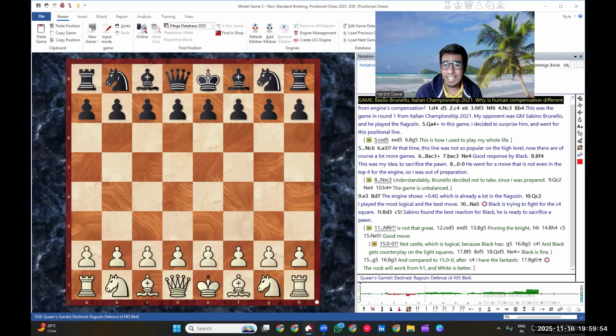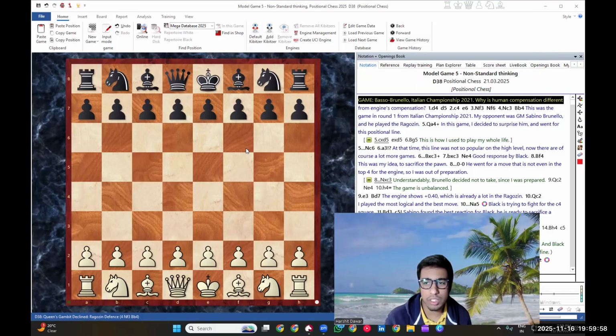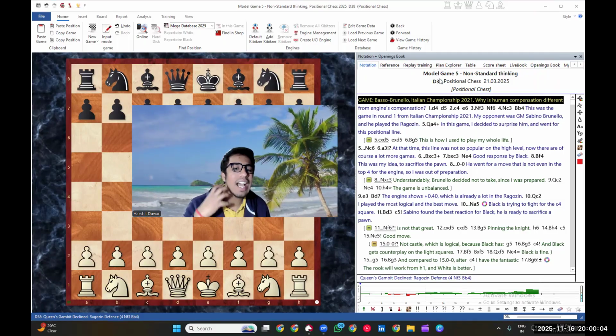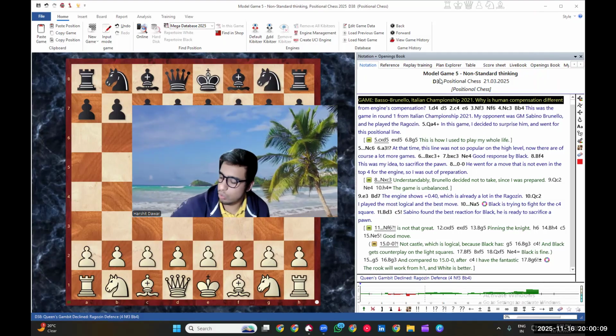And this is the deep understanding of the chessboard. I won't say it's exactly positional, but it's just as the topic says itself. Model game number 5, non-standard thinking, and the way he outplayed his opponent by understanding the chessboard, the way you use which square belongs where, which pieces can coordinate, and what plan is a good plan.